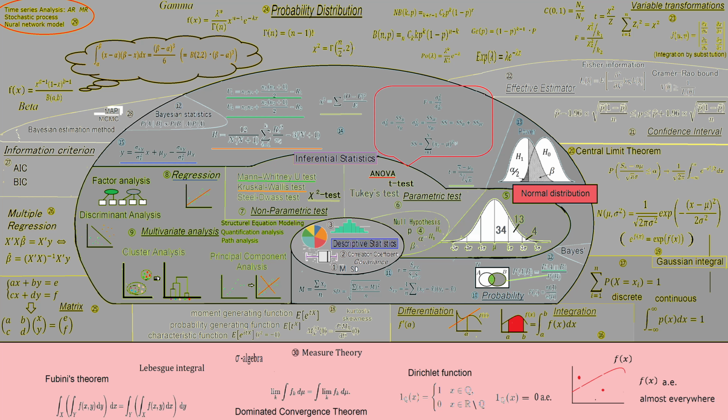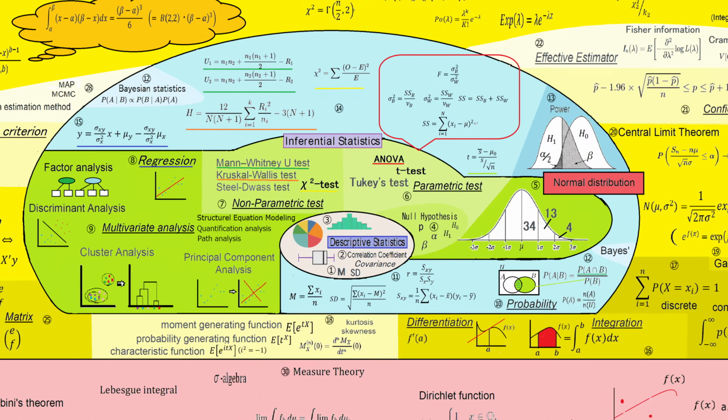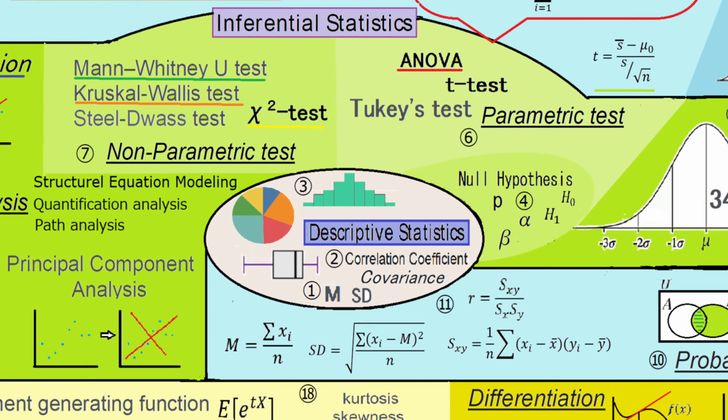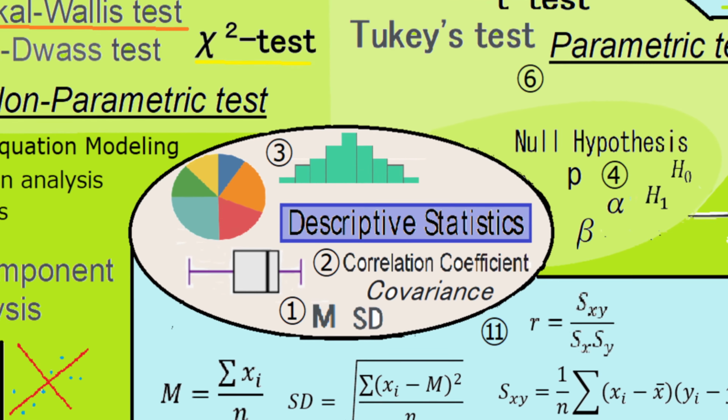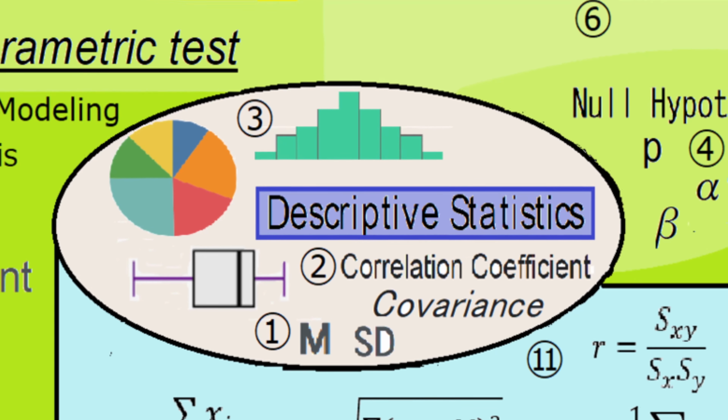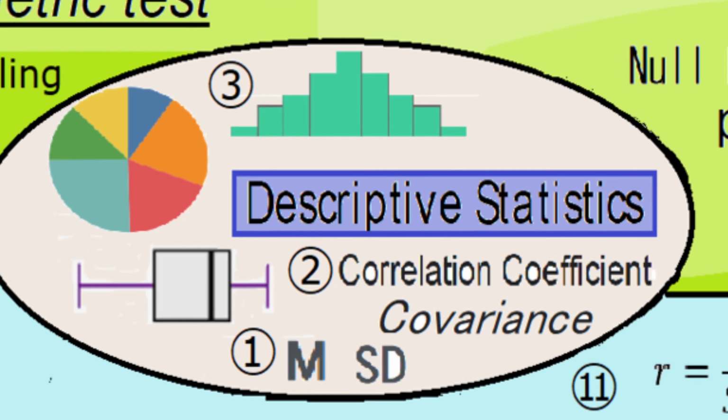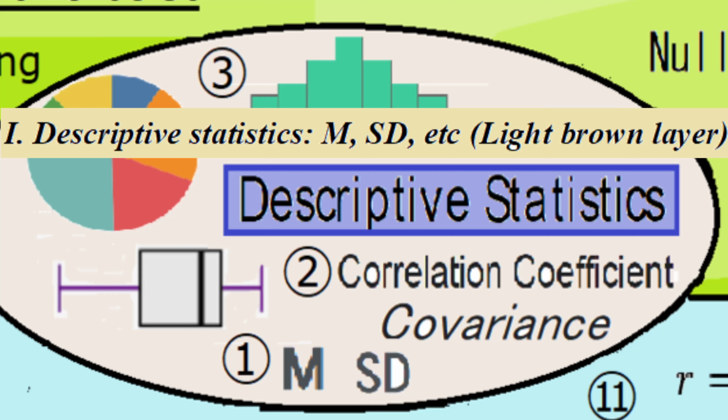Furthermore, readers who want to deepen their understanding of concepts like the central limit theorem may find it worthwhile to take on the challenge. Now, I would like to go into a concrete explanation of statistical terminology and related theories, while actually looking at the map of statistics. The first encounter with statistics might be when we see numerical data presented in tables or similar formats. These tables may include values, mean, standard deviations,